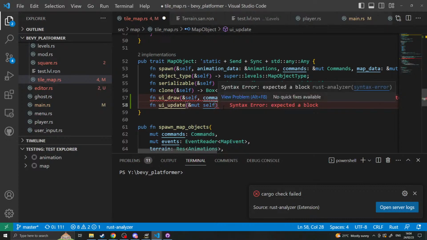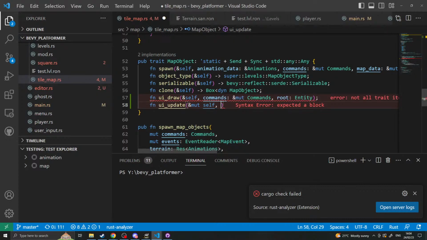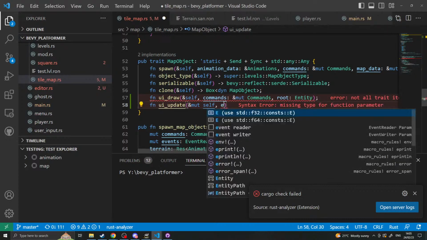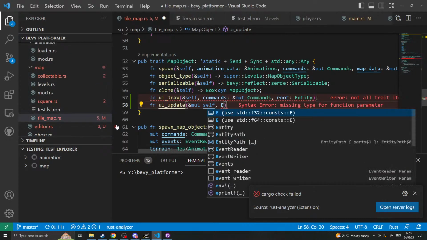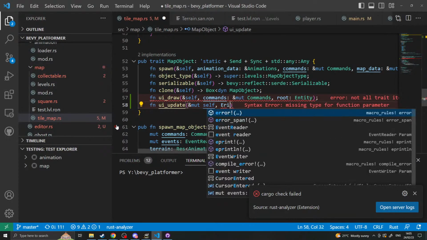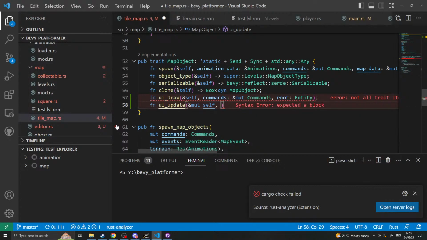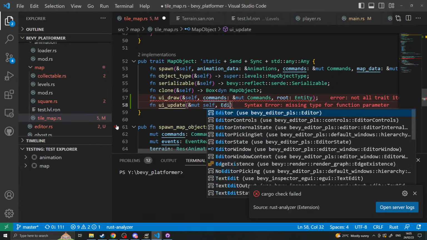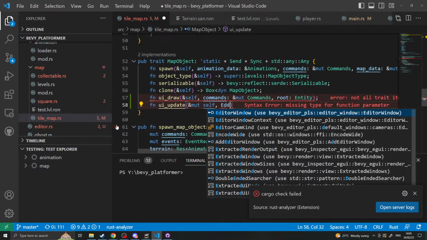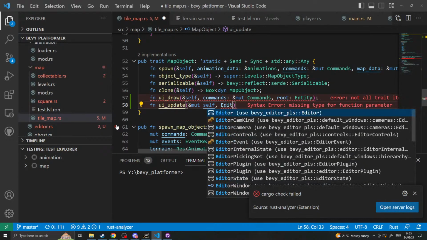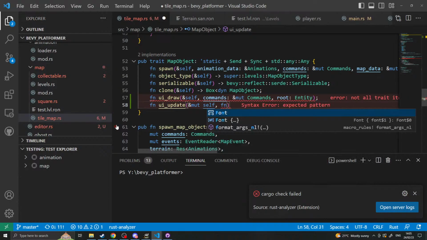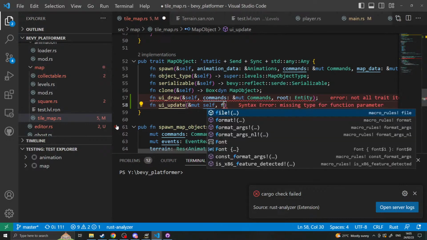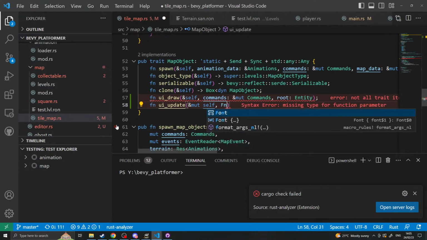Okay, so this will take in mutable self and an editor event, maybe, or just a could we say, was it fn